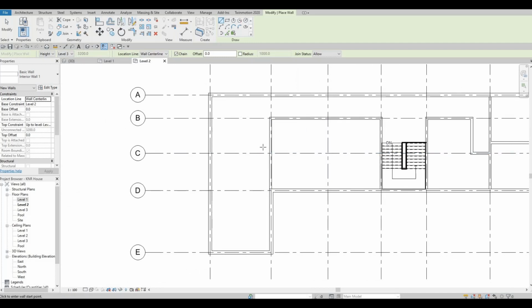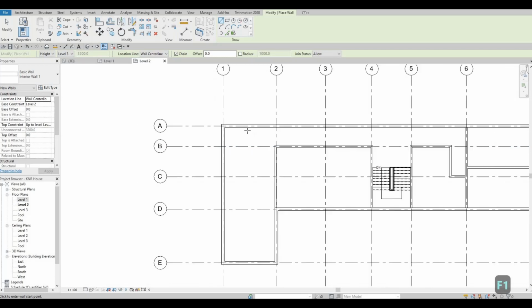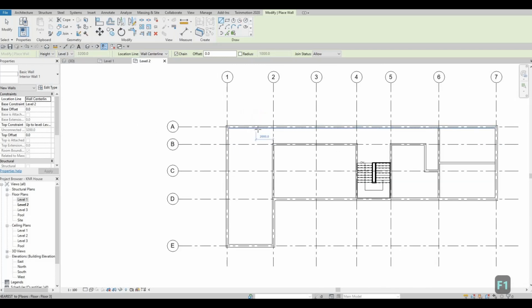Here I'm going to add in another wall, around the middle of A1 and A2, so 1800 from this wall, I'm gonna add in this one,